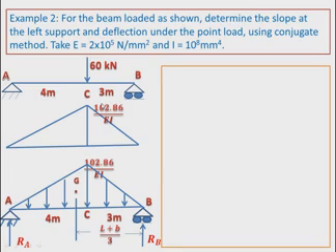What is the conjugate beam? It is an imaginary beam of the same length as the original beam. This is AB of span 7 meter, so this is also beam AB of span 7 meter. Hinge remains hinge and roller remains roller, but the M by EI diagram will become the loading diagram.